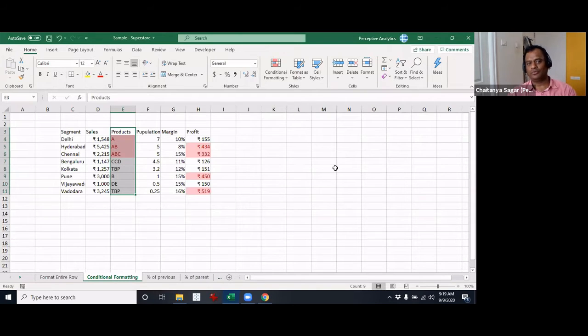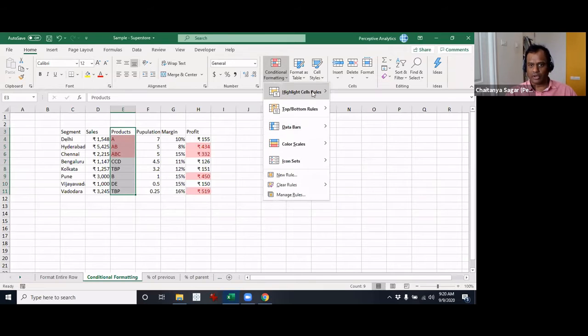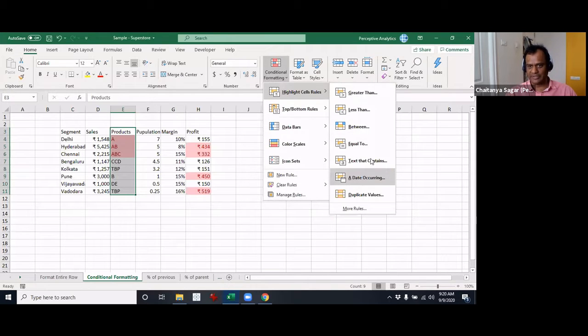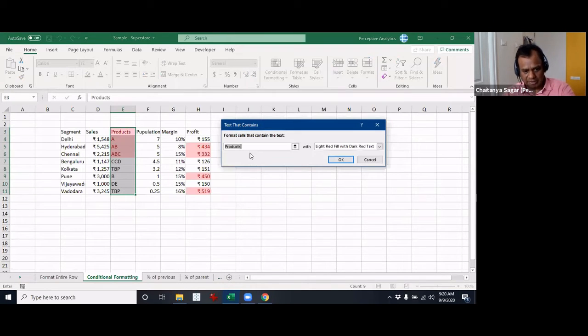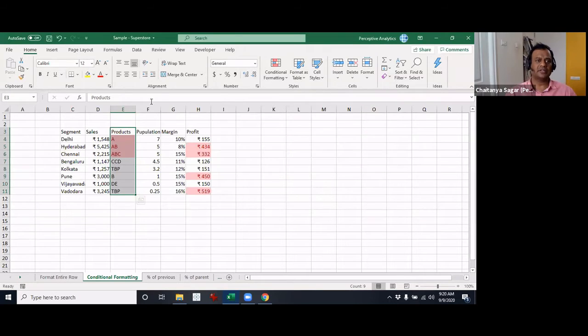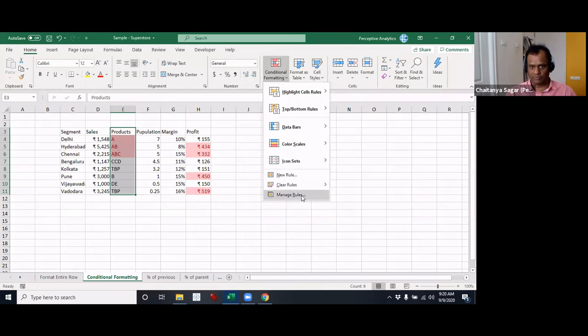Okay, so this is one. What if you want to highlight cells that also contain something else? Is it case sensitive? To my knowledge, it is not case sensitive. We can actually check this. Text contains, let's say, right here. We already have that thing. I think what we'll do is we'll first remove the other one.